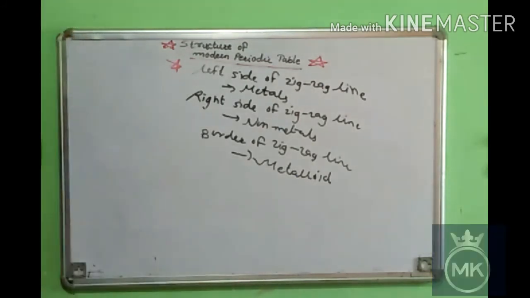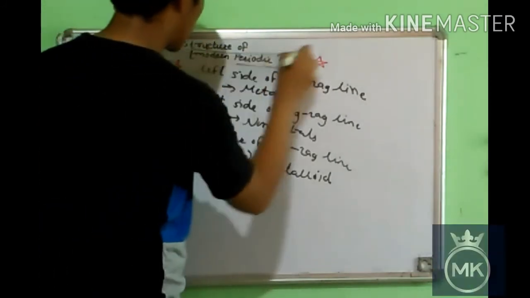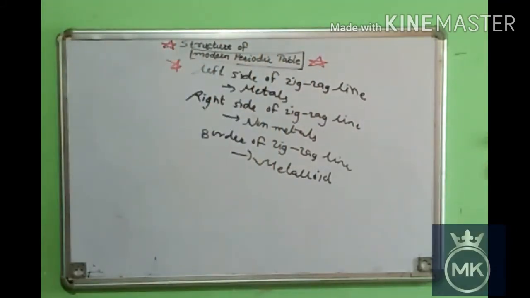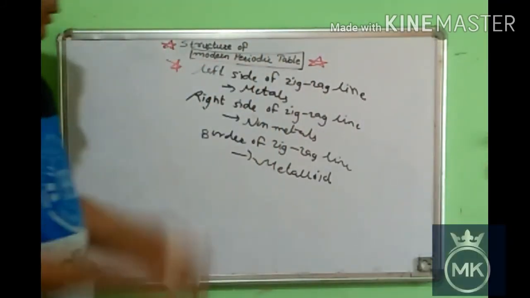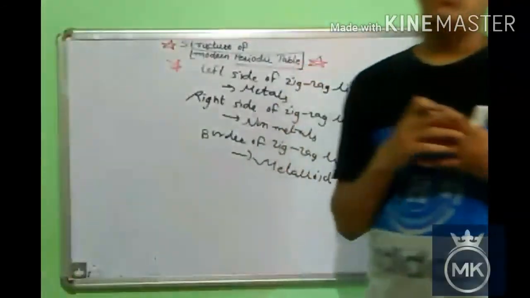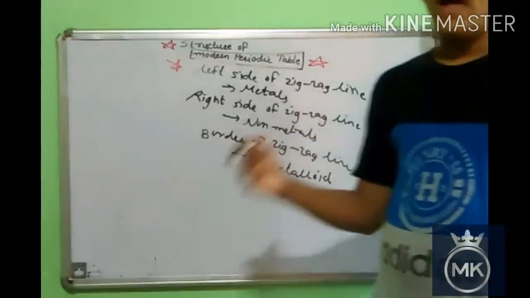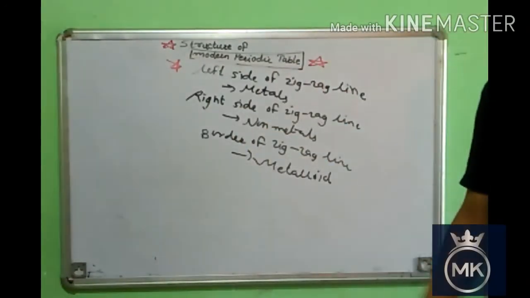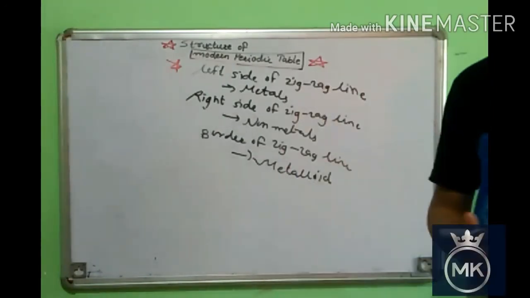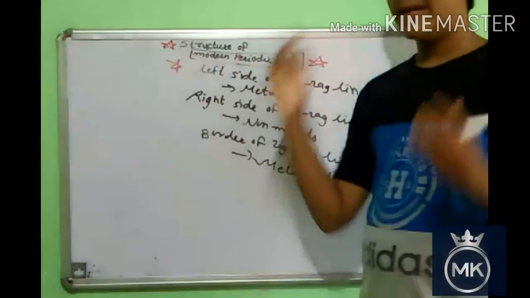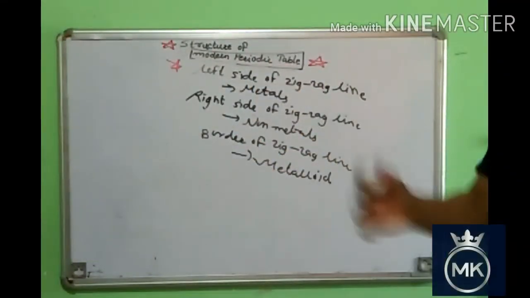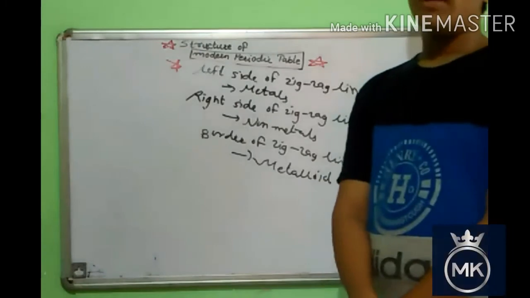Please understand this, because this topic is very important in the 11th standard, since there is one whole chapter on the modern periodic table in the 11th standard. Very easy points we learned today. I repeat: the structure of the box of elements, and the four blocks in which the groups and rows are included. Then we saw where metals, metalloids and non-metals are placed in the modern periodic table.